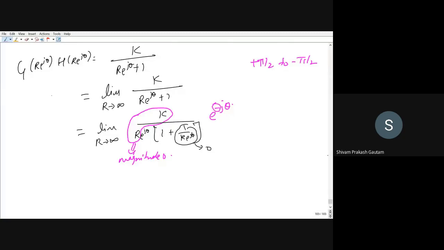So it will be the vice, you multiply by minus to this phase. So this will be from minus pi by 2 to plus pi by 2. Orientation will be from minus pi by 2 to plus pi by 2. Earlier it was from plus pi by 2 to minus pi by 2, but because this has become e to the power minus j theta, therefore orientation will become reverse. That is, it will be from minus pi by 2 to plus pi by 2. But it is of no relevance because your magnitude has become 0. If your magnitude is 0, that means in the GH plane magnitude is 0. That means it is at the origin.